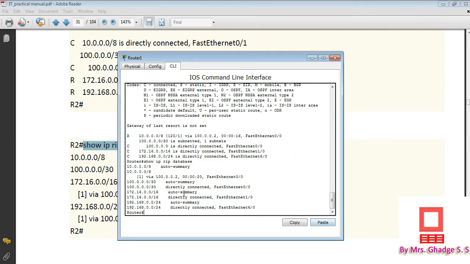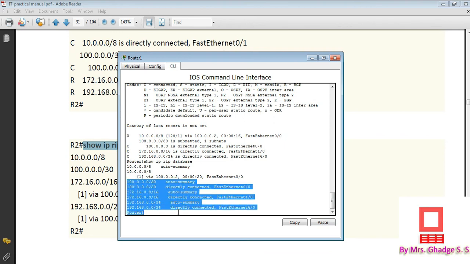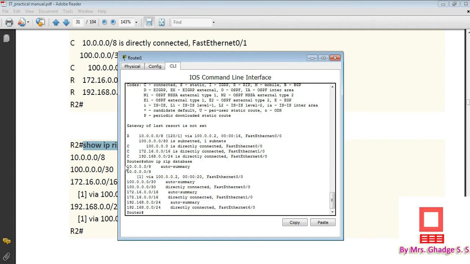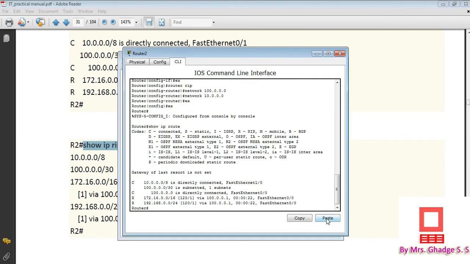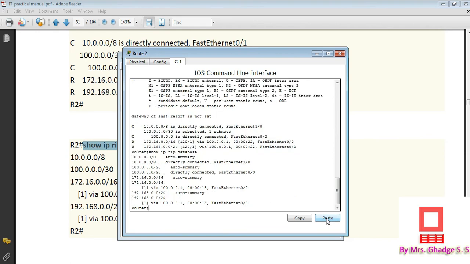It will show the directly connected interfaces of the router and other interfaces which are not directly connected but are connected through some other network. In this way you can run the command on both routers and observe the RIP database. Okay, so this is it.